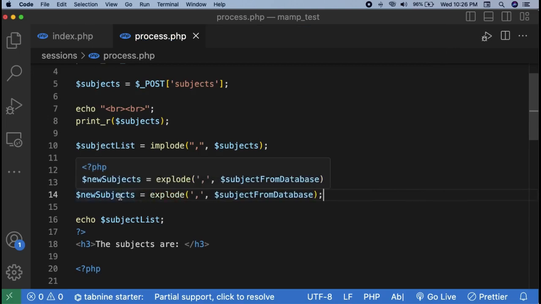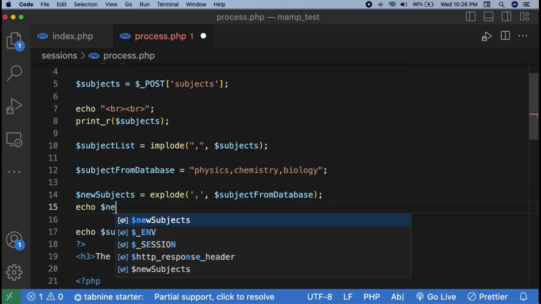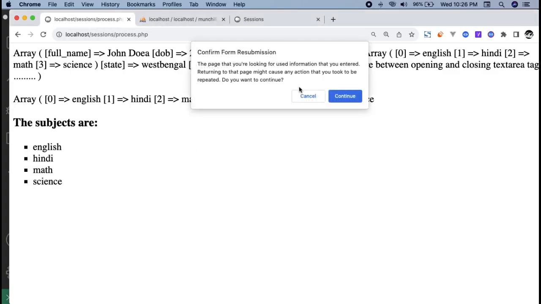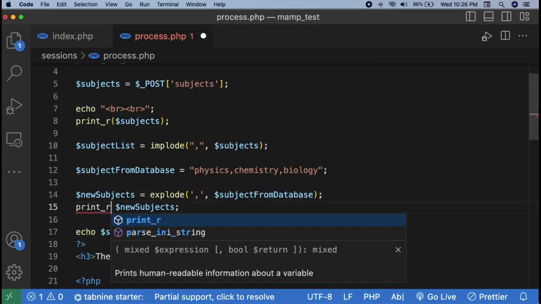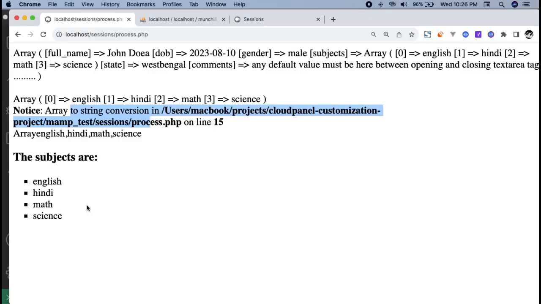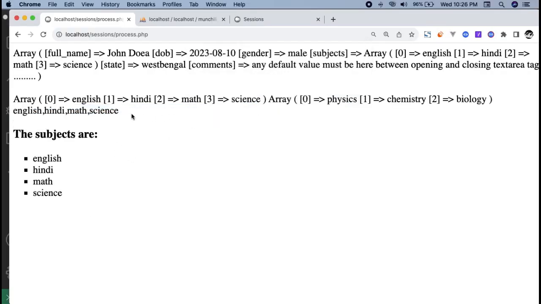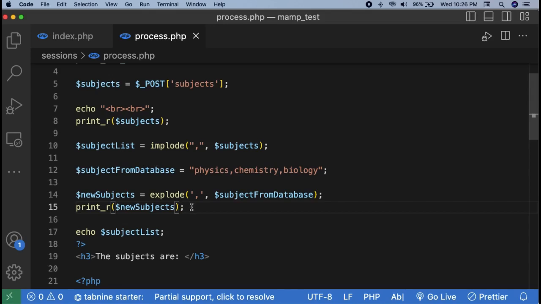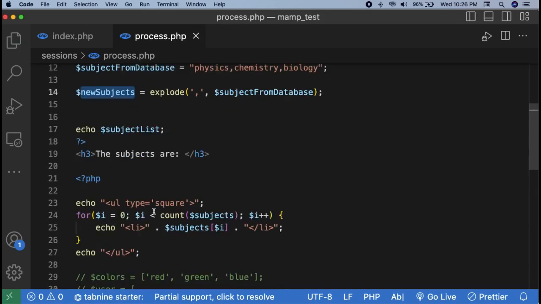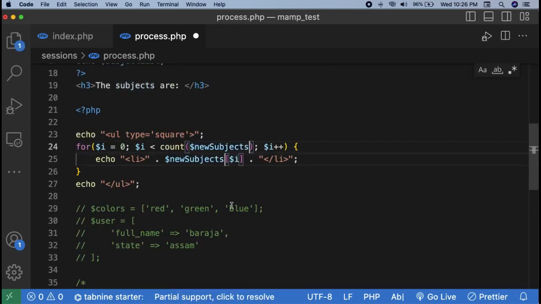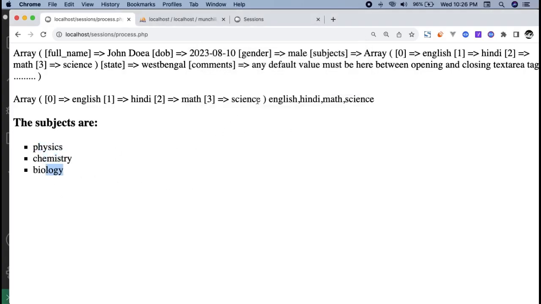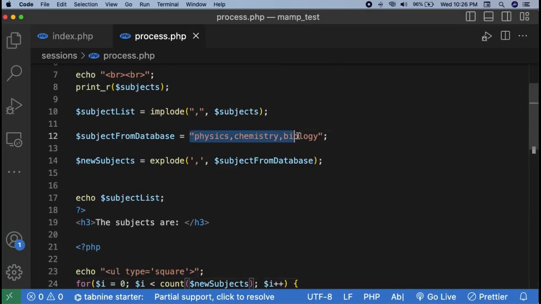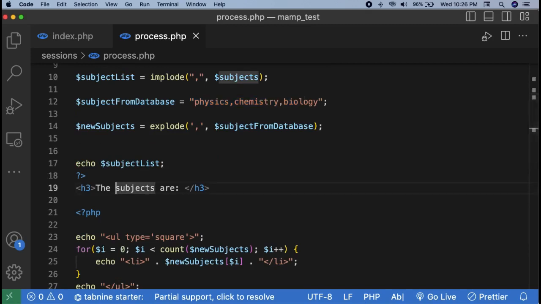Now what is new subjects? This is an array now. So I cannot use echo now because this is now an array. Error will come. I can only use print_r. I don't know if you understood this or not, but you can use this way to convert back and forth. Now you can see physics, chemistry, maths. This is an array. So if I use new subjects in this for loop, we will get this output in new subjects. The subjects are physics, chemistry, biology. Okay? So basically here we are showing from the string. The new subjects are